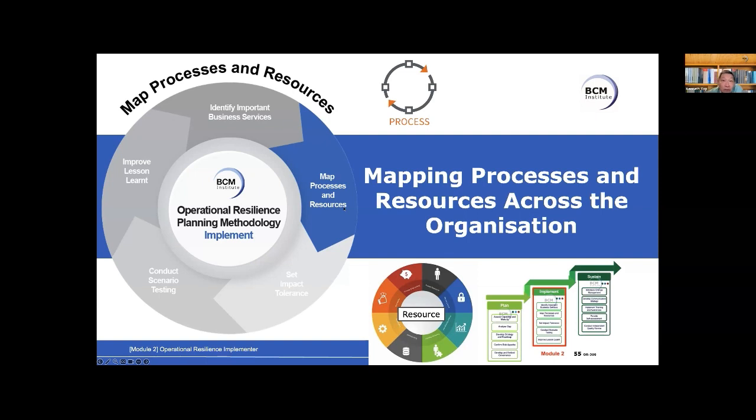Now we're moving on to map process and resources. We just covered a little bit, and then we will end for today, and the remaining we will cover in the next session. So what does mapping process and resources help you achieve? Once the important business services have been identified, like the exercise we went through and what we have been discussing in stage 1,